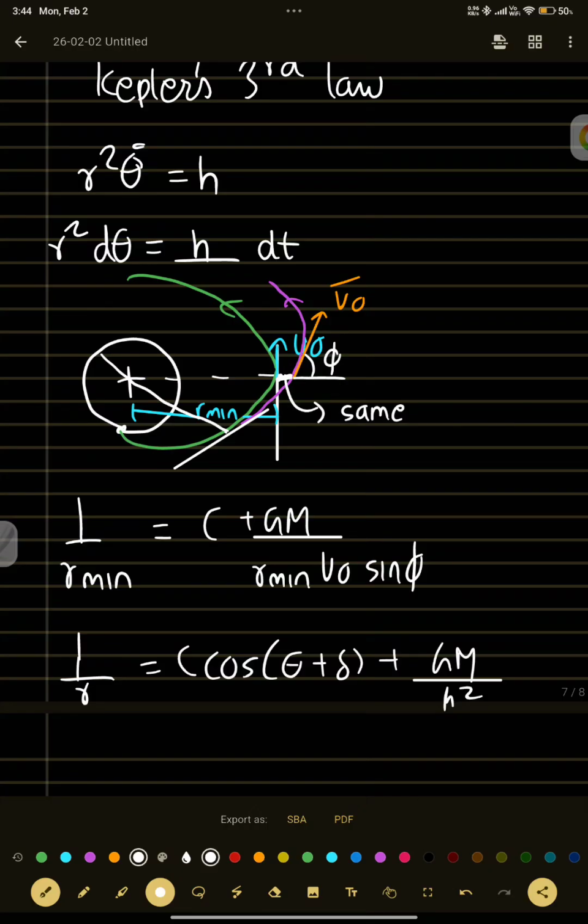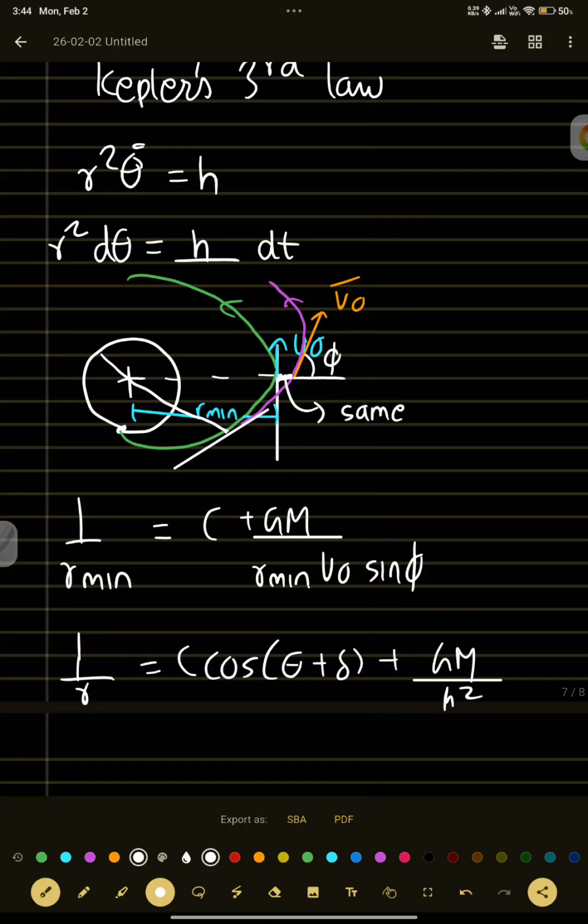इतना देर से क्या हो रहा था? लॉन्चिंग में R मिनिमम था, थीटा 0 था एंड V naught was perpendicular. अभी लॉन्च हुआ है, but at this particular theta over here, your V naught is not perpendicular to R minimum. तो इसका मतलब what does this mean? That you should reset your coordinates.